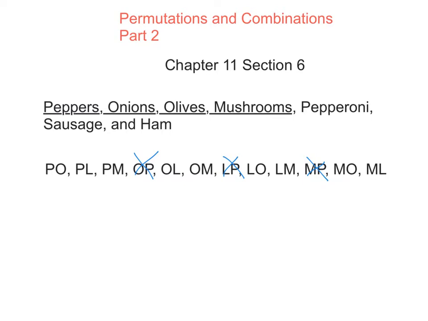So I'm just going to go through and get rid of the ones that are repeating. As you can see, my list breaks down to only 6 different combinations. So the answer to the question of how many different combinations we can have is 6, not 12 as we originally came up with.